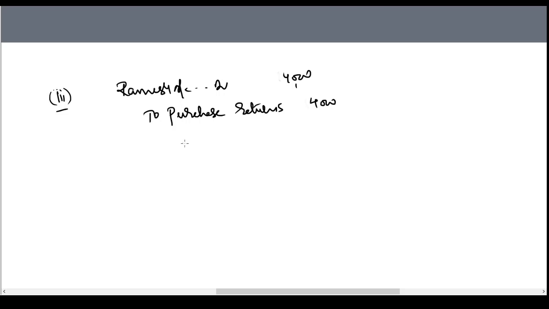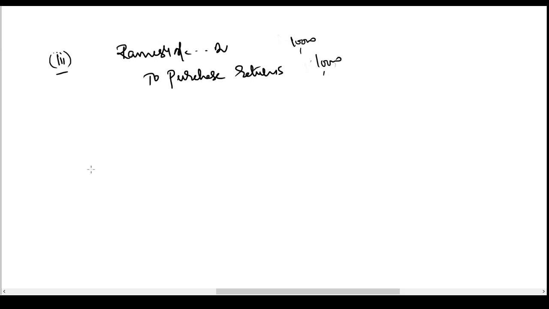Now what should I do now? I have to now record an entry with the balance amount, because 4,000 I've already recorded. For the remaining 10,000 I have to now record. So in such a case the rectification entry would be for the balance amount of 10,000 rupees. Simple. So Ramesh account debtor to purchase returns, I'll record the entry 10,000. So 4,000 already recorded, 10,000 I have now recorded. So the amount will become equal to 14,000 rupees.